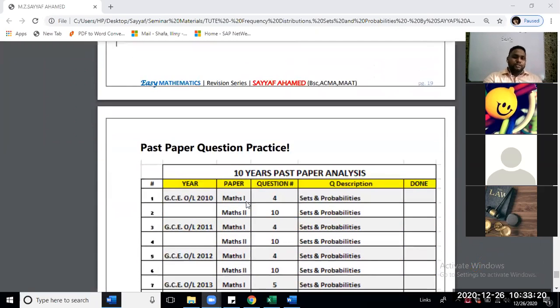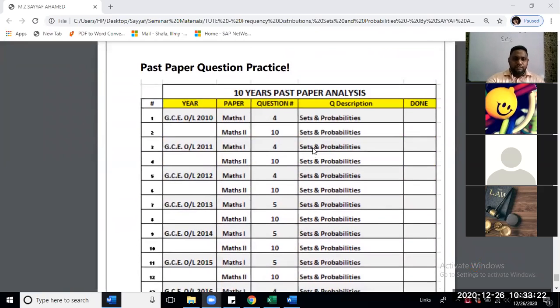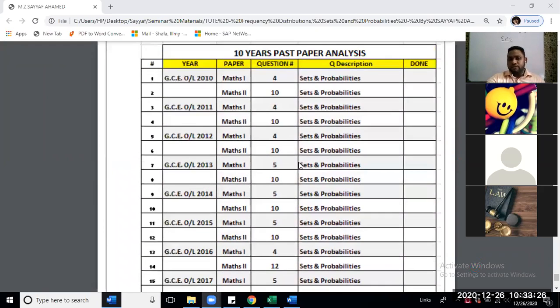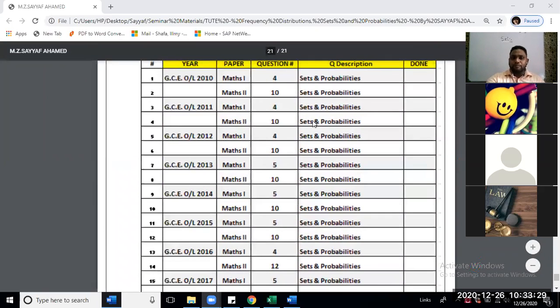And here comes your past paper analysis, right? Definitely this part is also tested. In both papers, maths part 1 paper and part 2 paper, it's tested. So sets and probability appear in paper 1 and paper 2. So if you have any doubts in this,